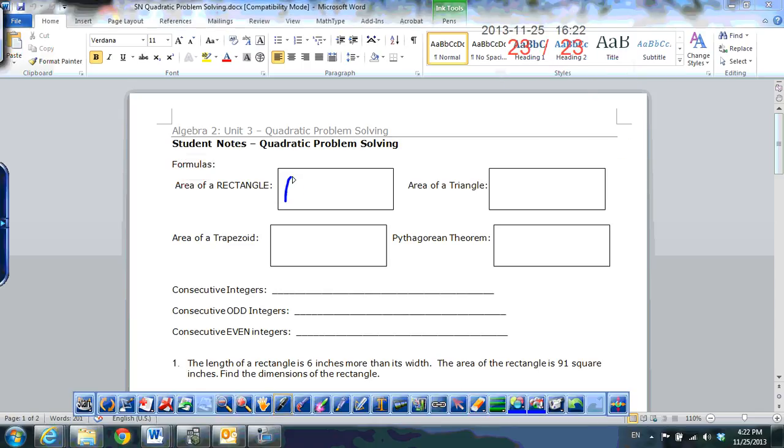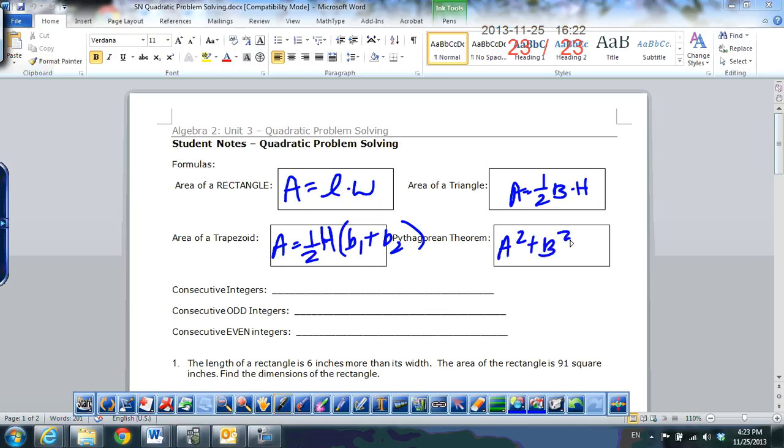The first part is just all the different equations, so I'm just going to type these out. I think you're pretty good with it, but if not, let me know. We can talk about that in tutoring or something like that. So area of a rectangle is length times width, area of a trapezoid is 1/2 h. I think that's an h. Yeah, it is an h. B1 plus b2, and then Pythagorean theorem, a squared plus b squared equals c